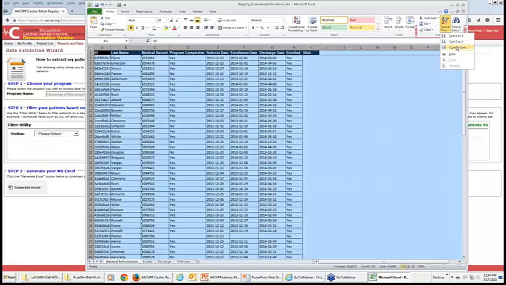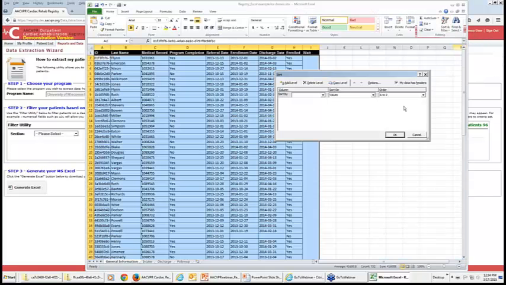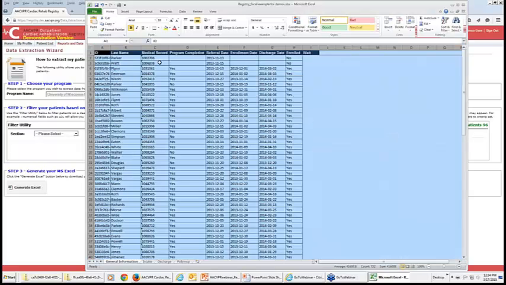I'm going to go to sort and filter, and I usually use a custom sort. And by having the column headers in the first row, we can click this, and then you can sort by the name of the row. And let's first just go by whether they enrolled or not. Now, you can also sort in ascending or descending order. So if we just leave it like this, this is what we get. So first of all the patients who did not enroll are listed first, and then all those who enrolled are listed next. And we can change that by just changing the sort order if you like.